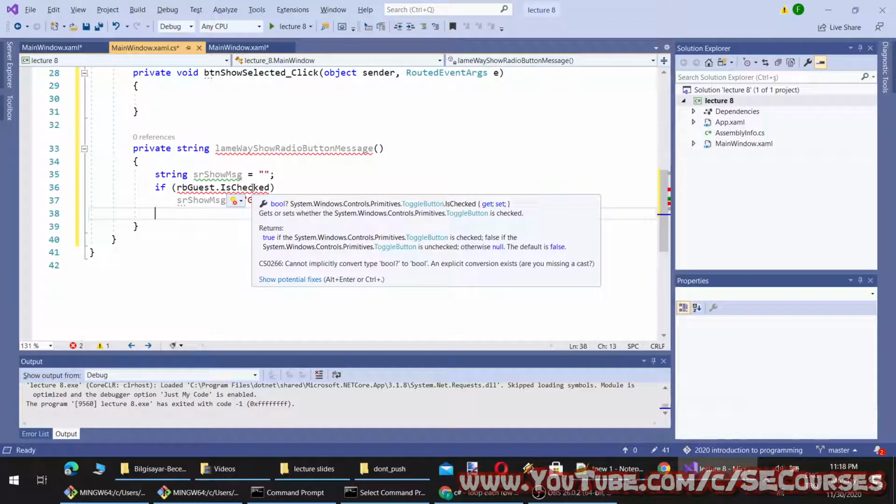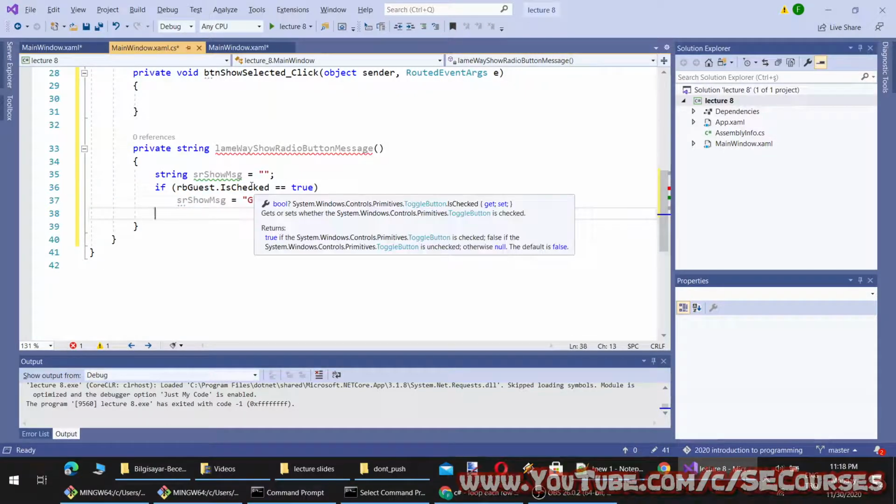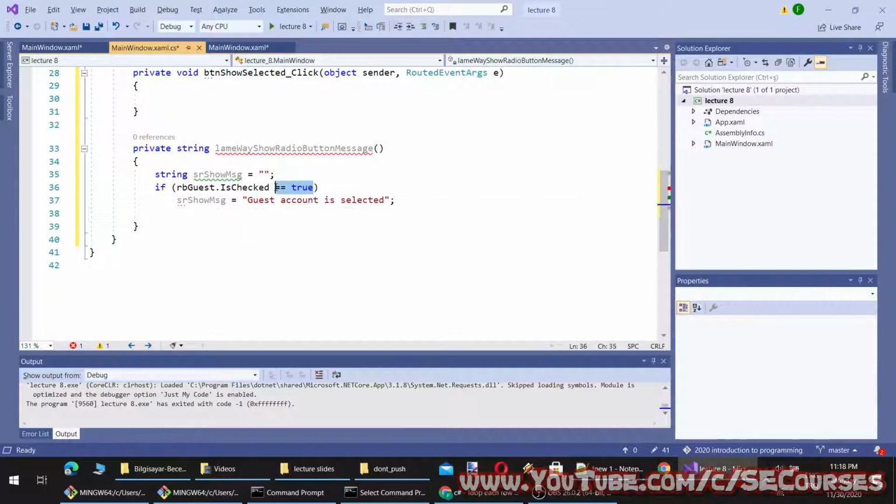Okay, it seems like we have to explicitly let it know, because this is both gettable and settable. That means you can either get or set. Therefore, we have to explicitly tell the compiler that it is get. By get, I mean that currently with this equality, it uses the get method to check whether is checked is true or not.